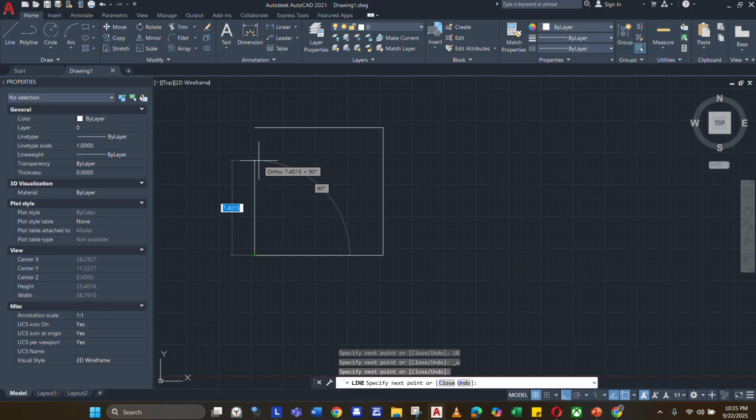But then you can already close the shape without typing the measurement by hovering your mouse to the first point of the first line and clicking it like that. And to bail out of the command, you click escape. There. I just made a square.